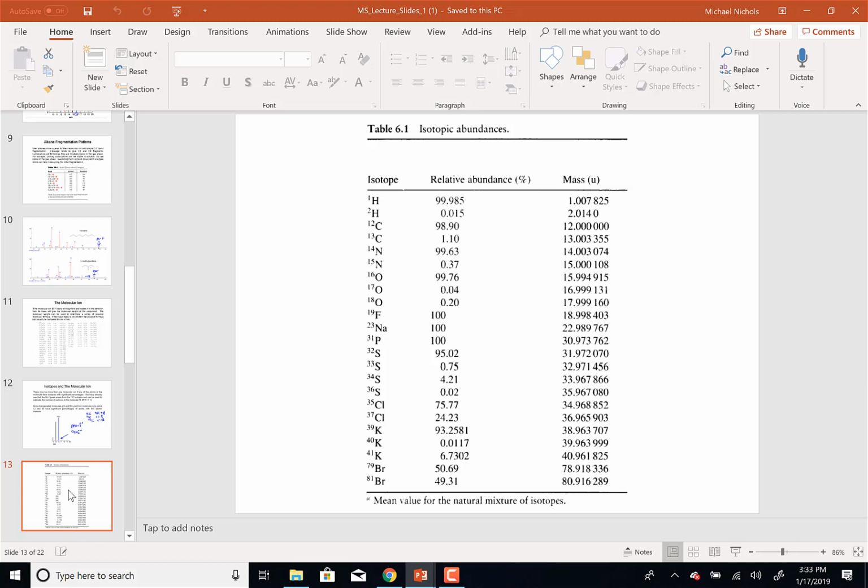There is a carbon 13, that's 1.1%. And there is a carbon 14, which is a trace amount. That's the radioactive one that's used for carbon dating and archaeology. So only 98.9% of the carbons are carbon 12. 1.1% are carbon 13s. So if we go back to that